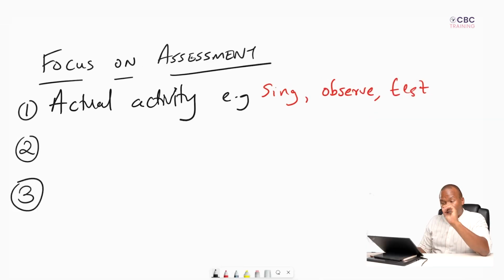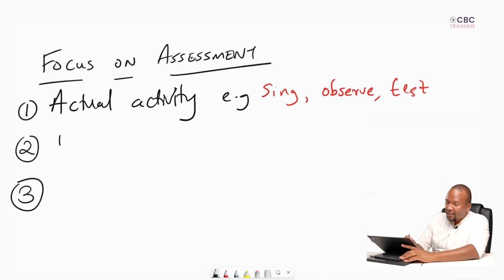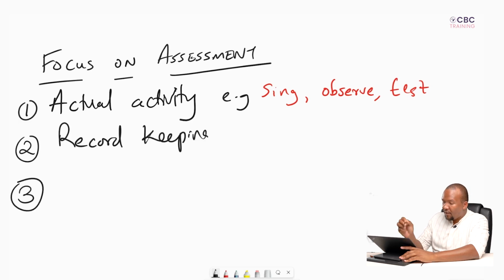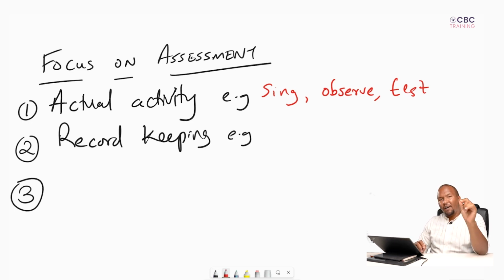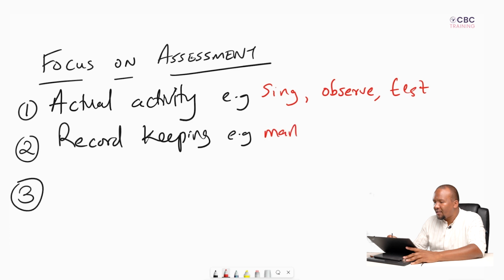The second part of assessment, and how I'd really like you to think about assessment, is the act of record keeping when it comes to the assessment, okay? And with record keeping, once again, how do you keep the records of assessment? After you get these children doing the activity like a test, okay? If they've done maybe a midterm exam and you've marked it, what do you do after that? You normally record the marks. True or false? Yeah, true. So the act of record keeping can be the way you keep marks. Let me just write that: marks, the way you keep marks of an exam. The way you record